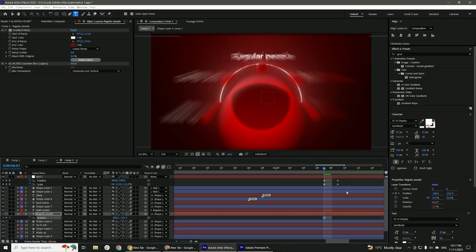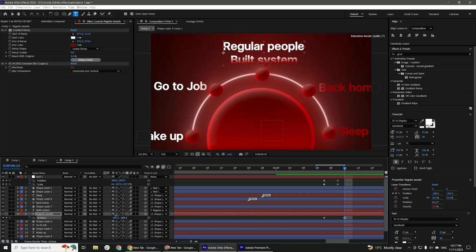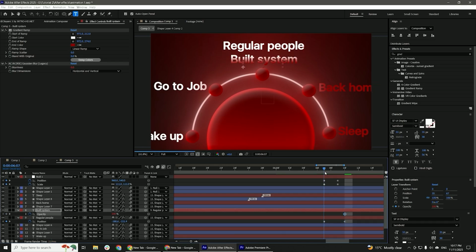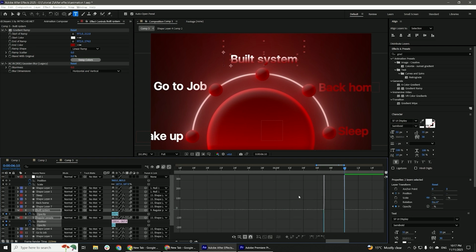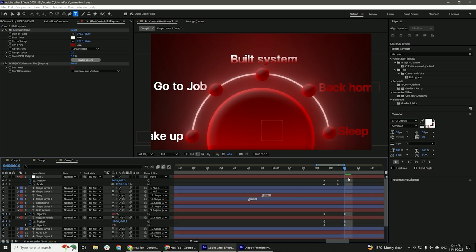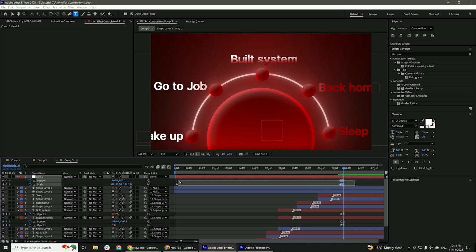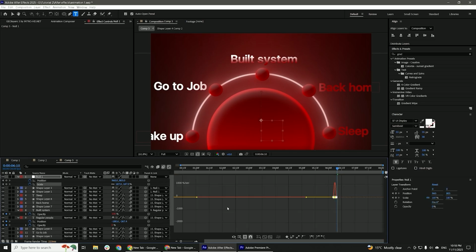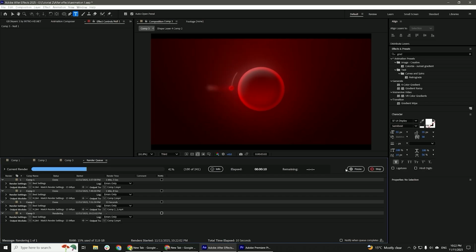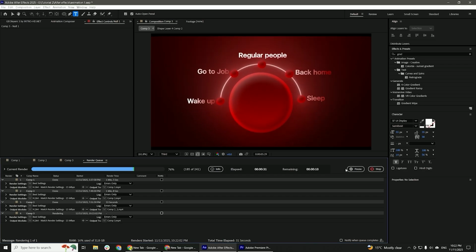Now duplicate the third text layer, link to the below layer and change its text. Select opacity and keyframe both text layers, as when jump cuts appears, first text opacity decreases to 0 and second text increases to 100. Then select both keyframes and smooth up their animation in Graph Editor. Now render the composition by pressing Ctrl M and see the final results.